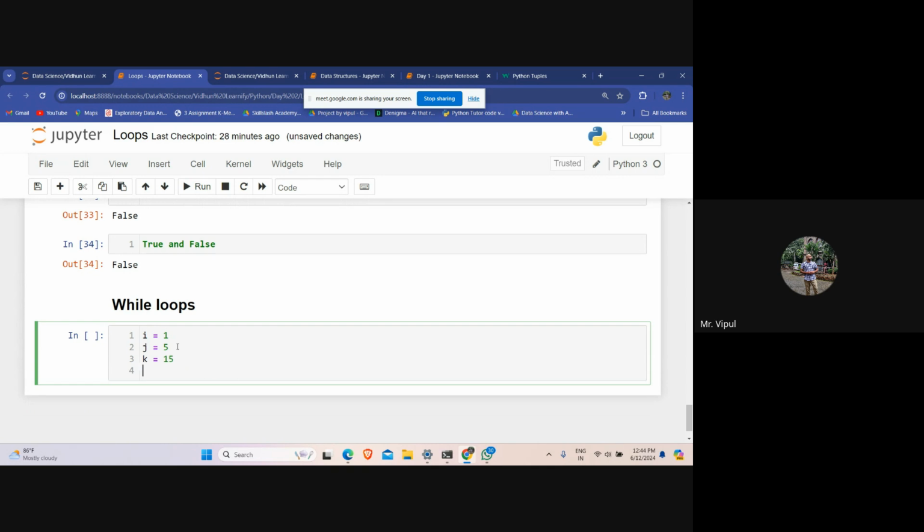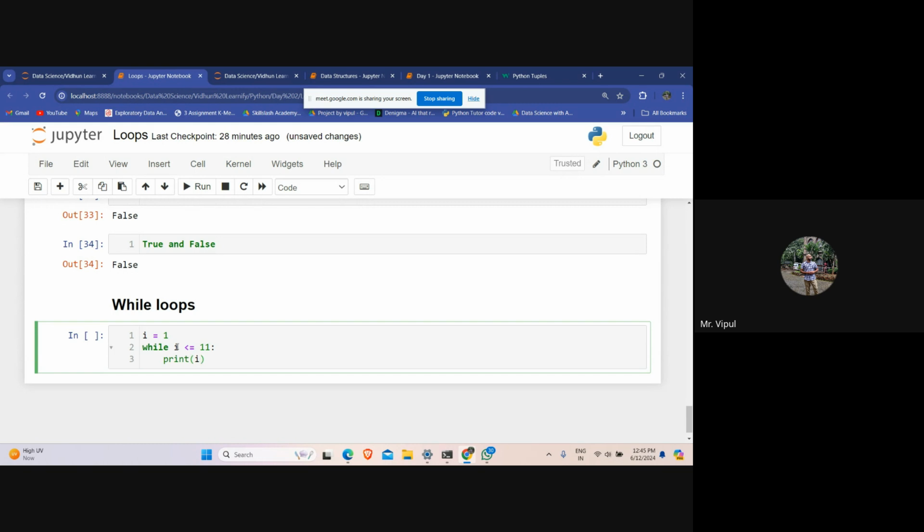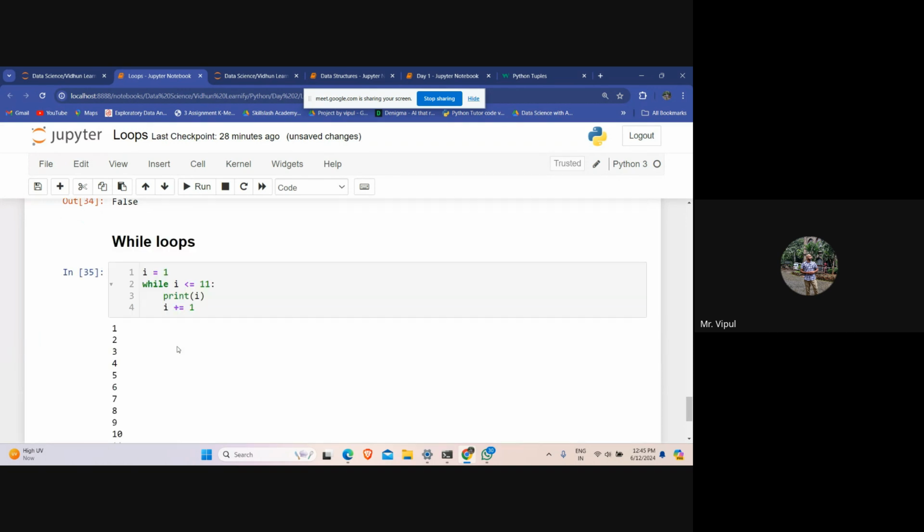Sorry, i is equal to 1, while i is less than or equals to 11, print i, i plus equals 1. So what is happening over here?